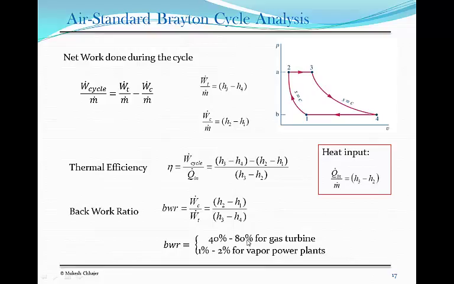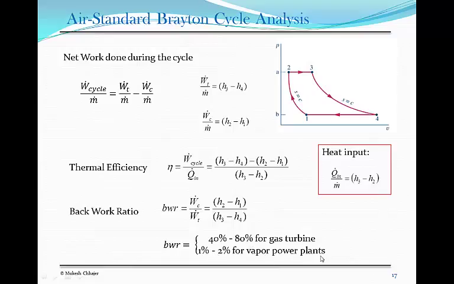That means it's very high. If it's 50%, then for every horsepower that you put in, you get 2 horsepower out from the turbine. So it is giving you more, but it is still not that efficient if you compare it with the vapor power plant,